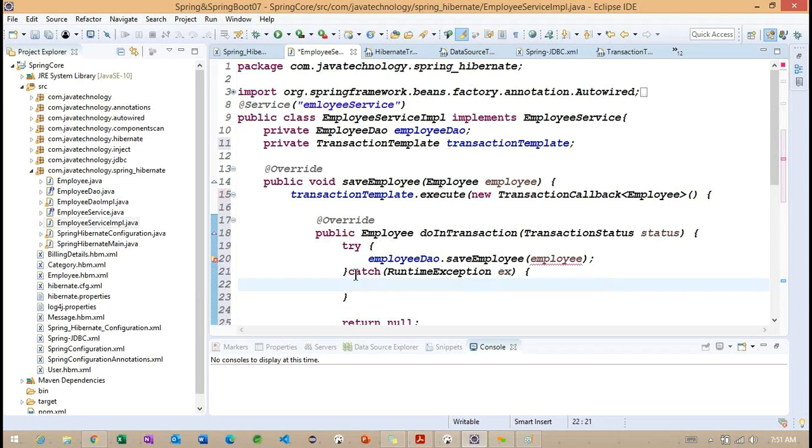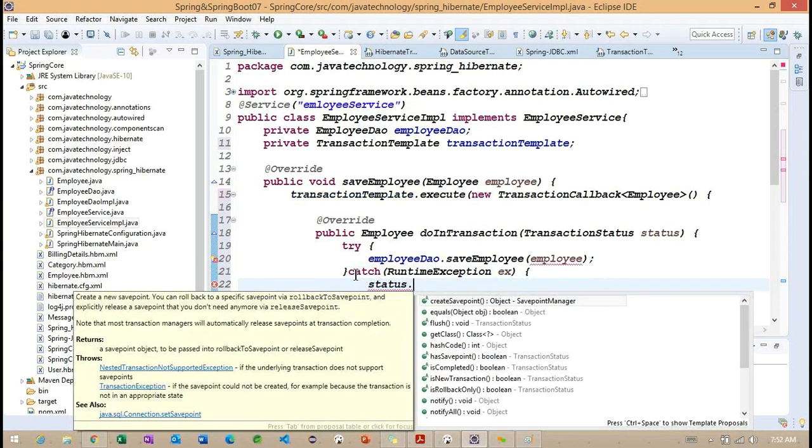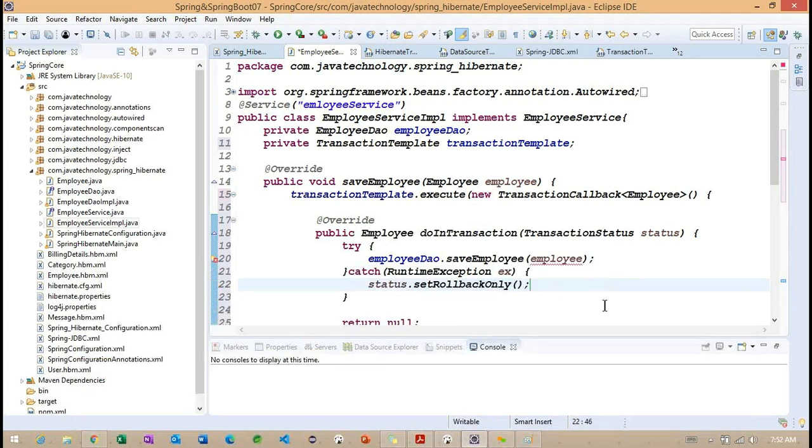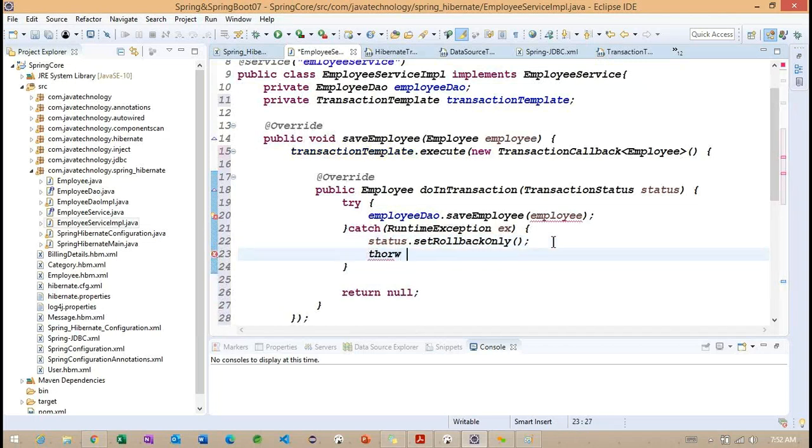Whenever we are getting an exception, status dot set rollback only. Finally, EX, I'm trying to throw this particular EX information. What happened here? We are getting an employee object error here. Okay, so I want to make it final.